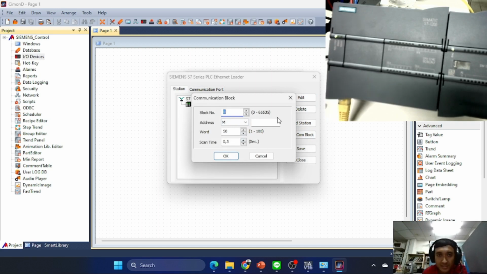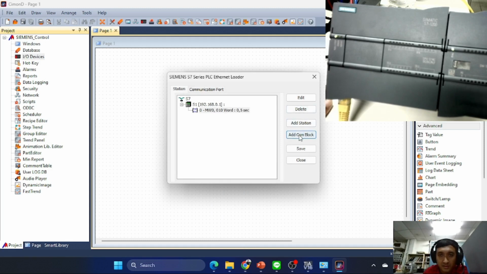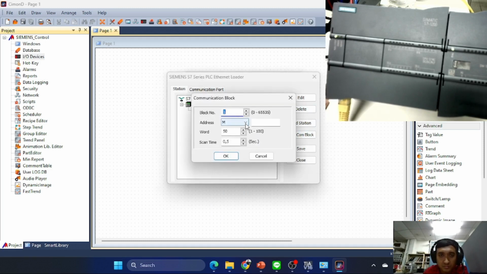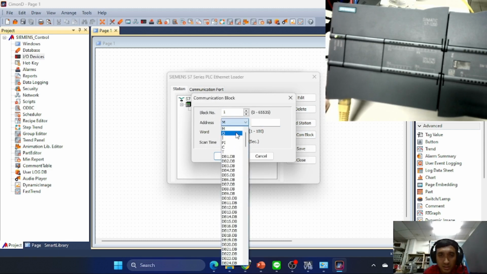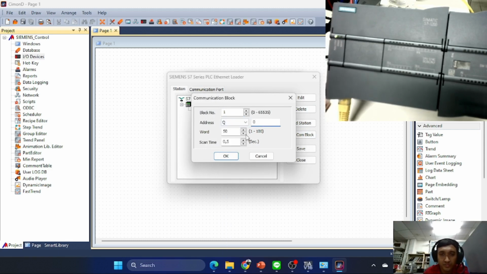The COM block is block number M, address 0, and this one 10, and then add COM block 1, key 0.